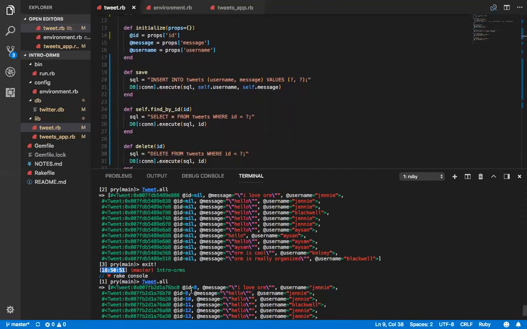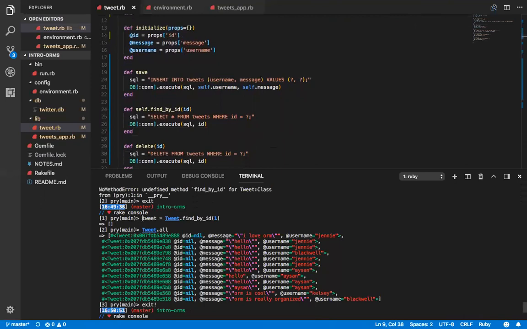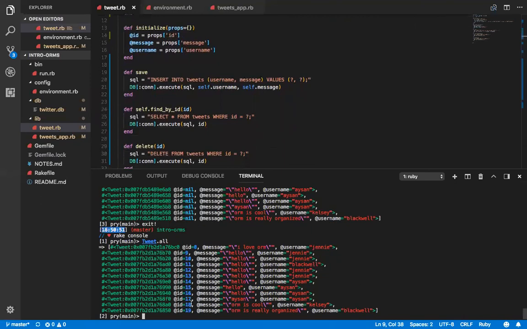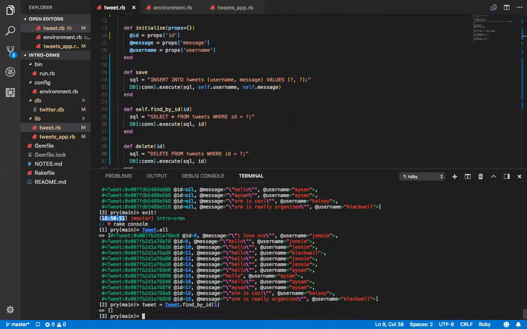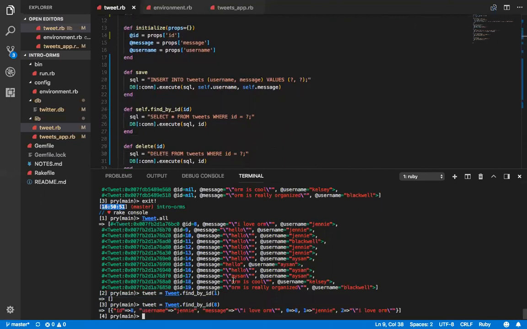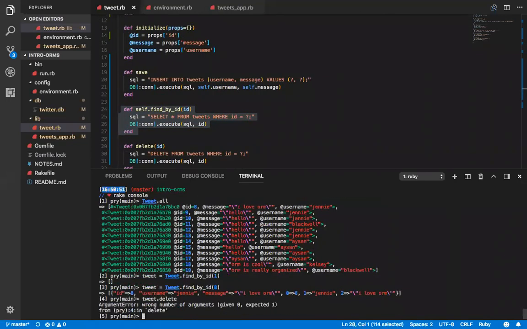So now if we go back to our find by, it's still returning nothing, because I don't have an ID of 1. So we'll say 8. All right, cool. So we've got a find by ID method now working. And now that I've found that, if I go tweet.delete,